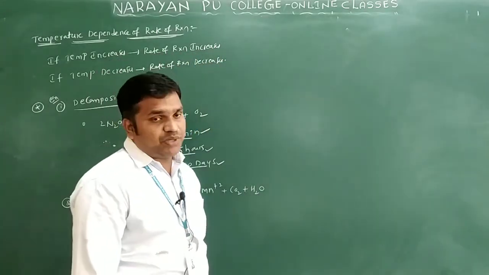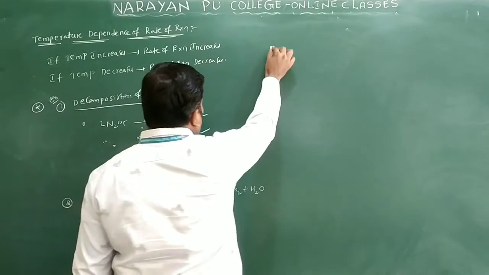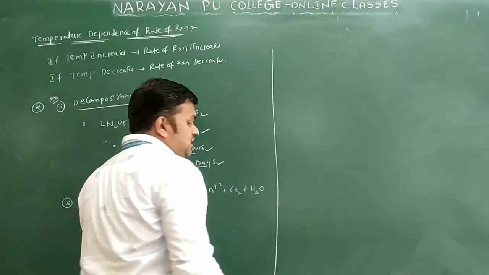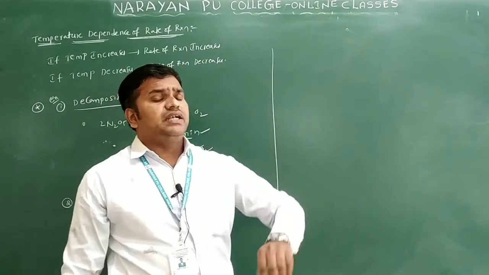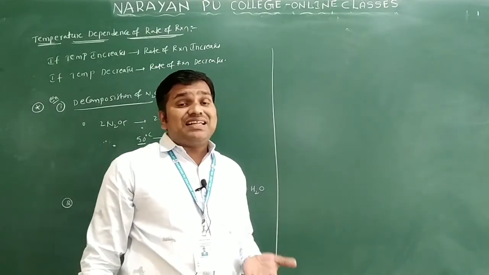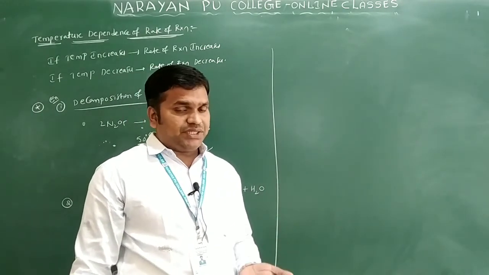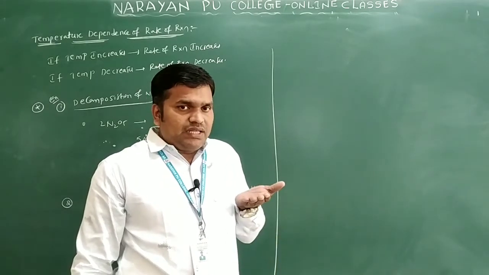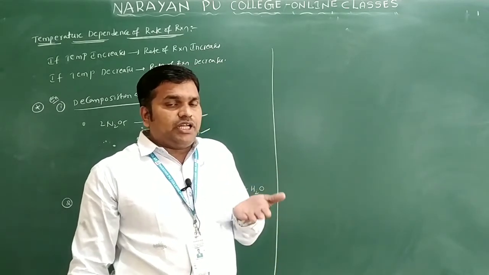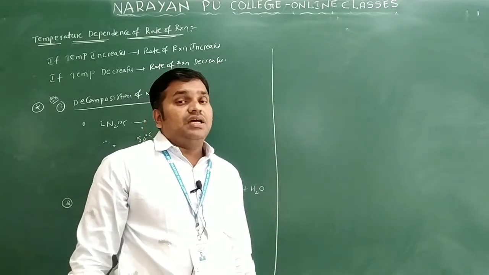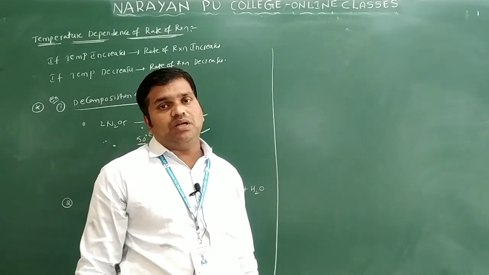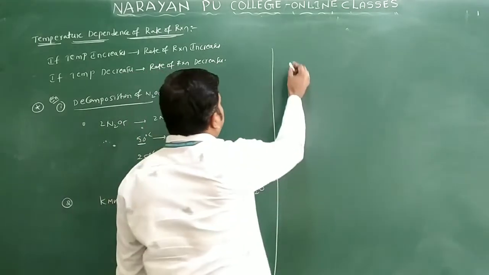Temperature increases, the rate of reaction is what? Increases. So generally, how can we write a definition related to the temperature concept? For every rise in 10 degrees Celsius, we are increasing temperature by 10 degrees Celsius, some 20, some 30, 40, 50 like that. For every rise in 10 degrees Celsius temperature, the rate of reaction becomes what? Double or triple. Okay, I will write this point.